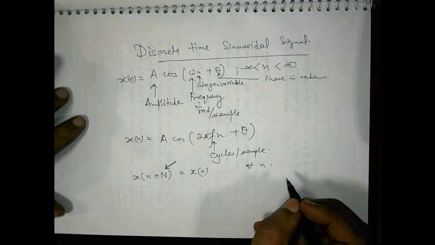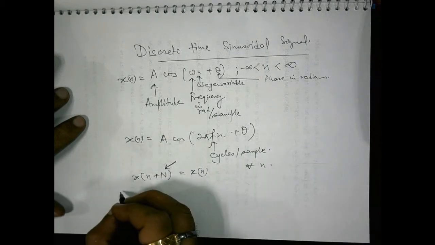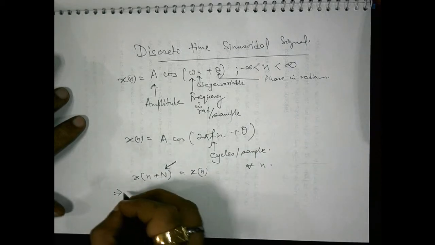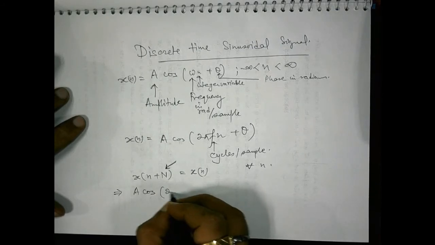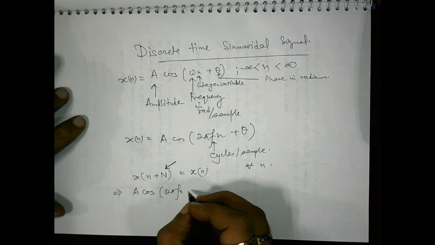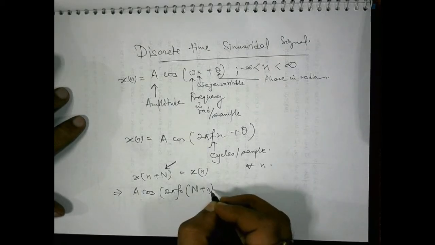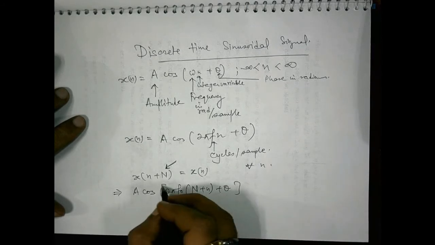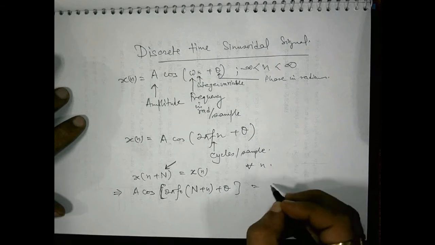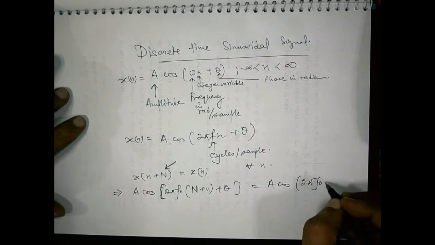So if we apply this definition to this sinusoidal signal, it can be periodic only if A cos(2 pi f0 n plus theta)